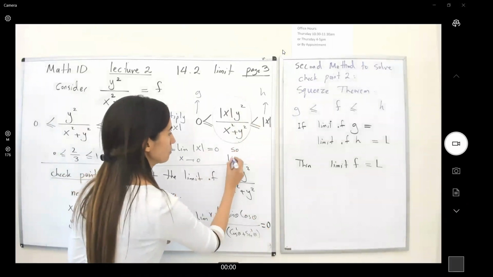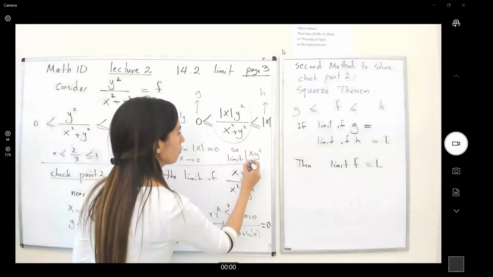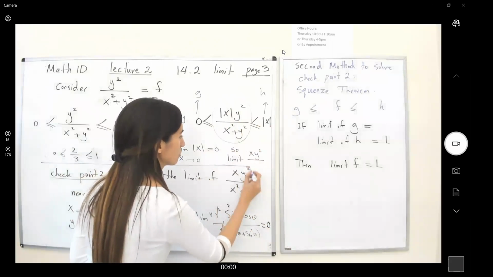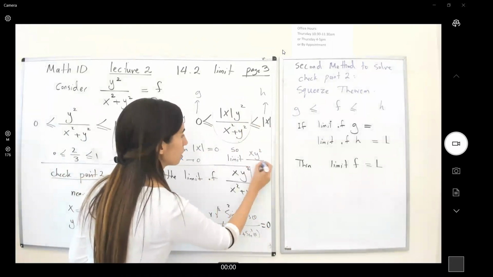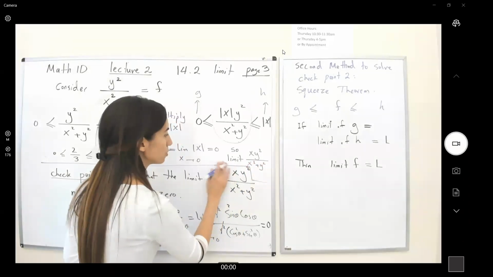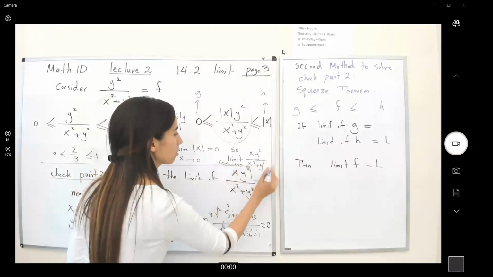So, the limit of the absolute value of x, y squared over x squared plus y squared, while x and y both go to 0 and 0, is equal to